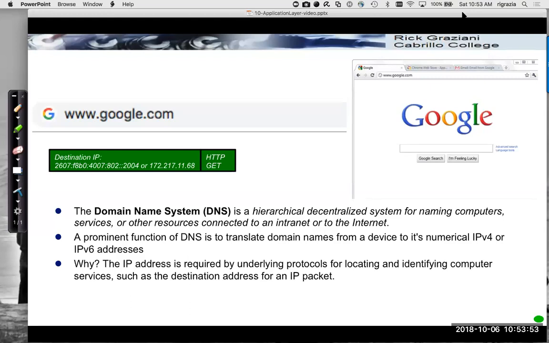Well, why is that important? Because underlying protocols like HTTP, etc., rely on IP to actually deliver the packets. The IP needs to be an address. Routers and other devices have no idea where www.google.com is or how to deliver it there. We need a numerical IP address that's in the routing tables or part of a network address in the routing